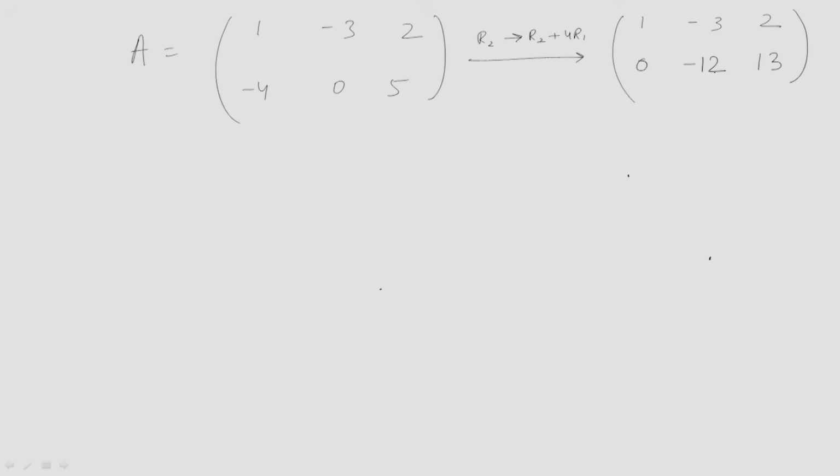Okay. Now, this is the first non-zero element of this row, which is 1. This is the first non-zero element of second row, which is minus 12, and it is to the right of this row. There is no row containing all the 0 elements. So, we can say that this is the echelon form of this matrix A. Okay. So, in this way we can find out the echelon form of a matrix.